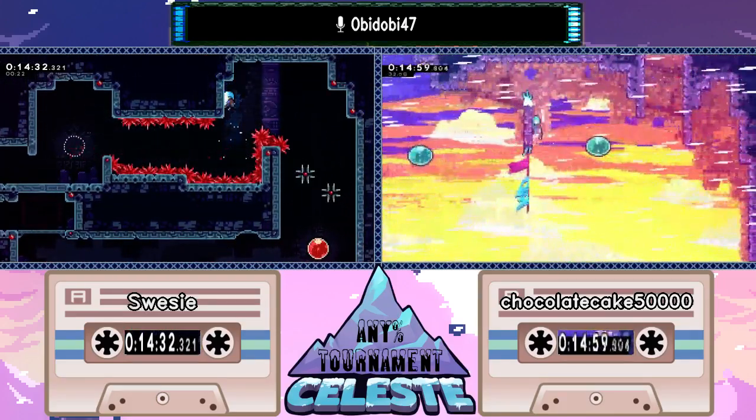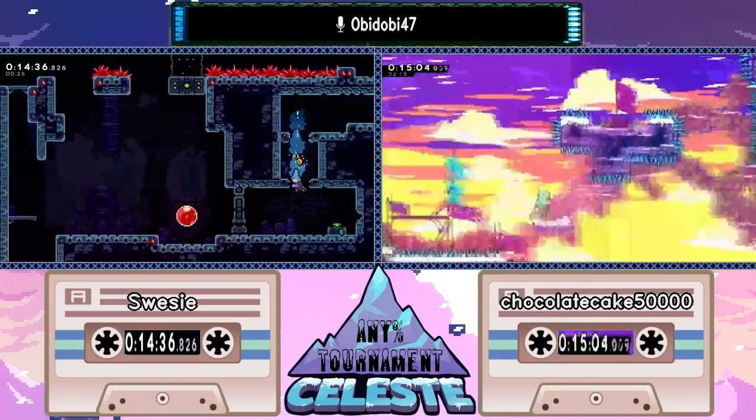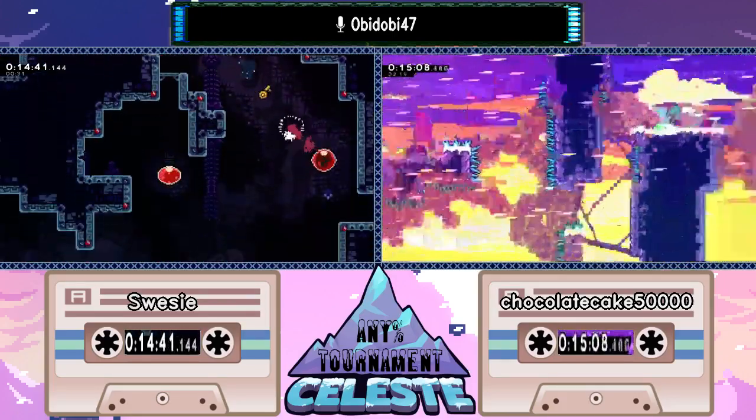And now we are into Chapter 5. We are into the temple section. This section has 2 parts to it. The regular part that you see going through right now is going to attempt